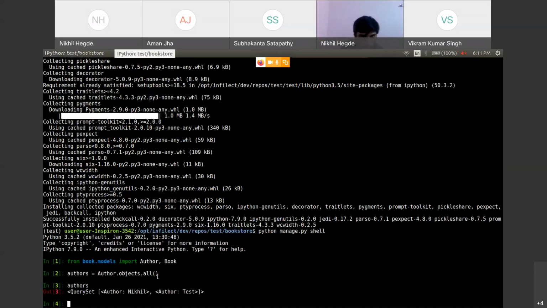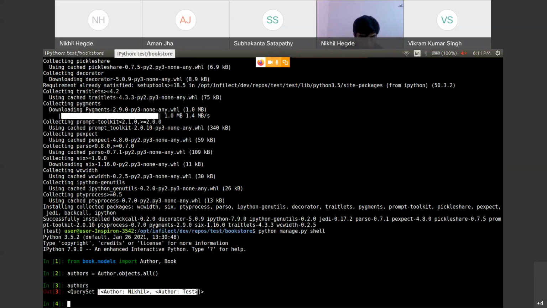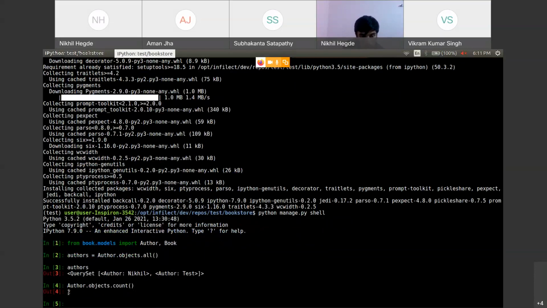Okay. Now once I got this, I printed the objects inside the author table. Now I will print how many objects are there in the author table. To do that, I will use author.objects.count. So the output will be 2, which is true.